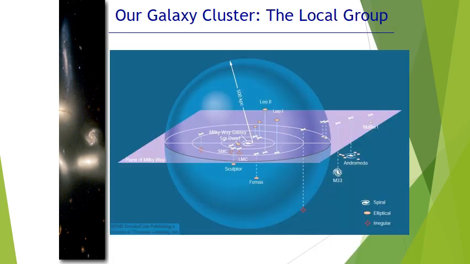Okay, so this is our cosmic hood, as it were. These are our cosmic peeps. Of course, this diagram is on page 407 of your textbook. The Milky Way galaxy is the center here, just because we're rather egocentric. But to give you a feel for how much space this diagram encapsulates, the radius of this sphere here is 500 kiloparsecs. And so notice that we do have a couple of neighbors nearby. We have a couple of irregular galaxies called the Small and Large Magellanic Clouds. We also have